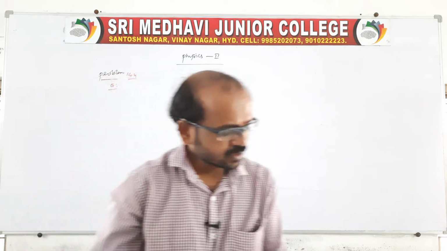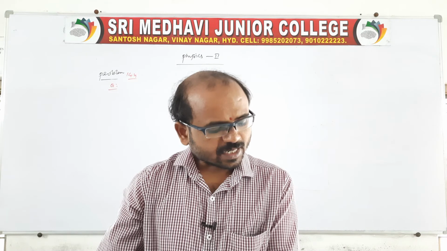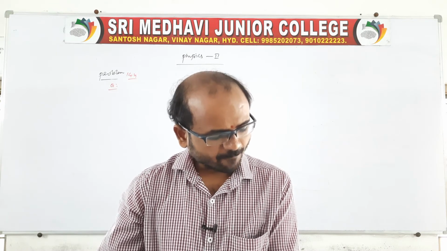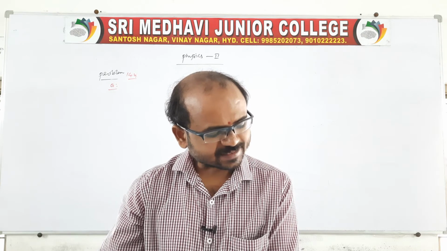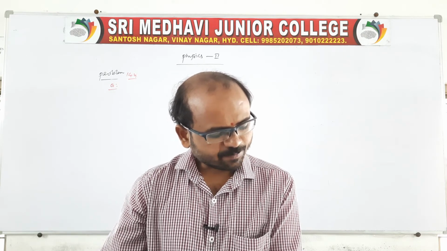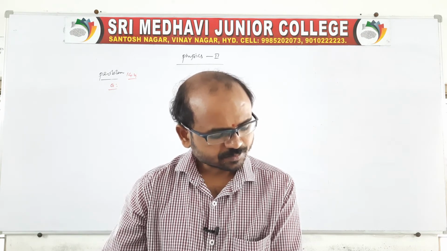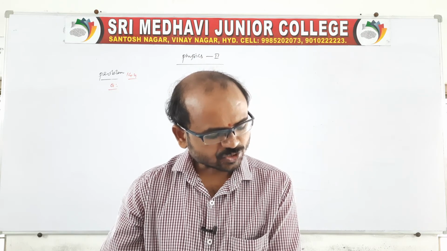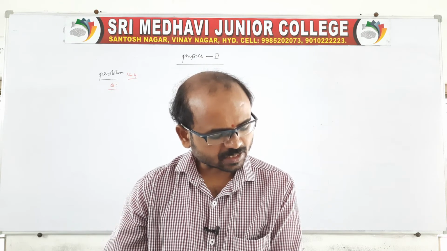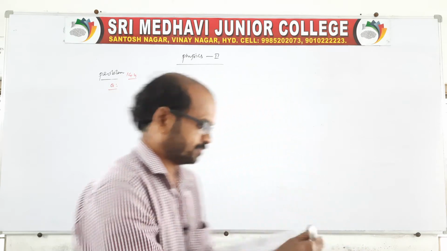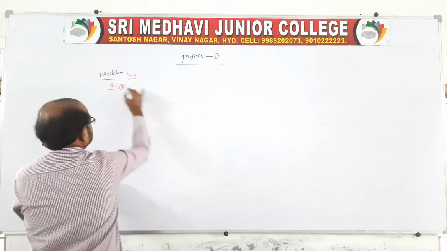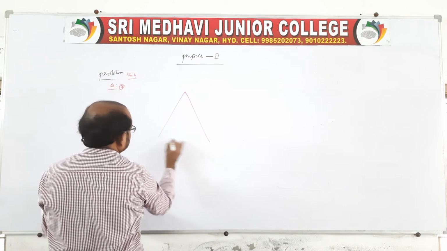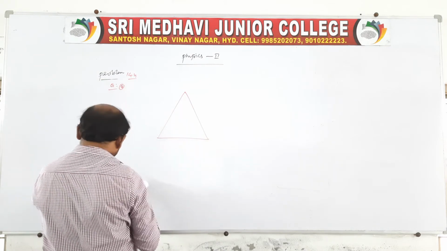Look at the 4th question. An equilateral triangle has a side of length L. A charge plus Q is kept at the centroid of the triangle. P is a point on the perimeter of the triangle. The ratio of minimum and maximum possible electrical potential for the point P. Yeah, you draw a diagram. In question number 4, the equilateral triangle is given like this, right?